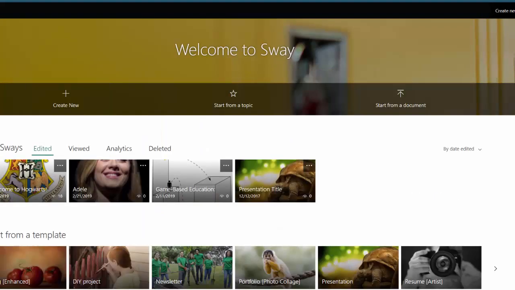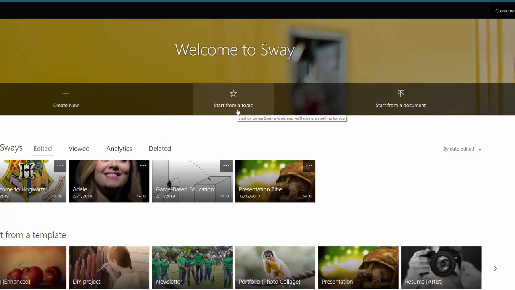Once you've logged in, you'll be brought to a page much like this. Although if you're new, you won't have any sways of your own in the My Sways section yet. Above that section, you'll see three options for creating that first sway. The first, Create a New Sway, will enter you into a blank presentation to start creating from scratch. Before we go into any new sways, however, we're going to talk about the other two options for a bit.